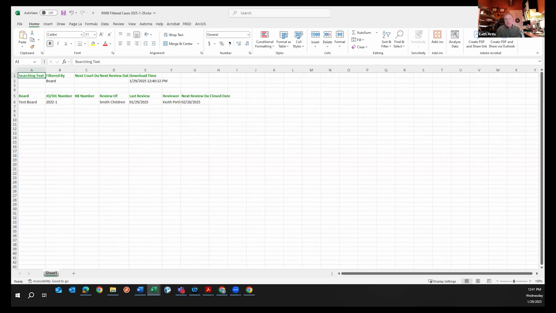So a lot of times when I'm out in the field, I'm asking the question, even as part of the credentialing process, are you using the database to help identify which cases you want to review? This is what I'm talking about: you can export to Excel or you can sort by different things.